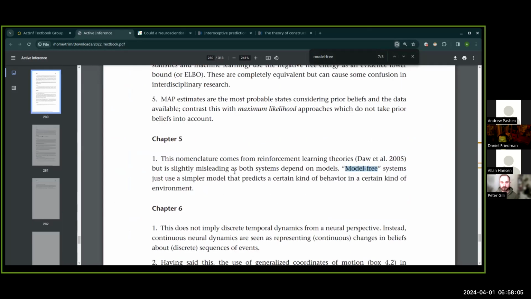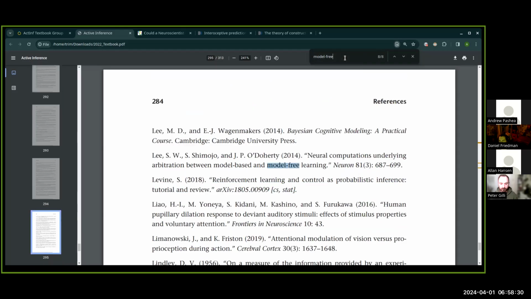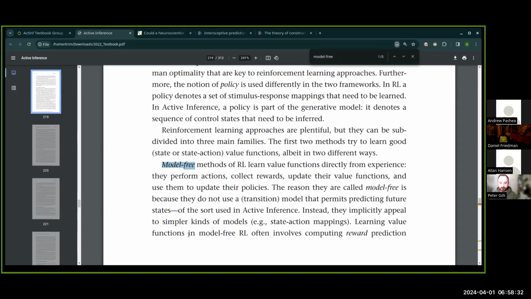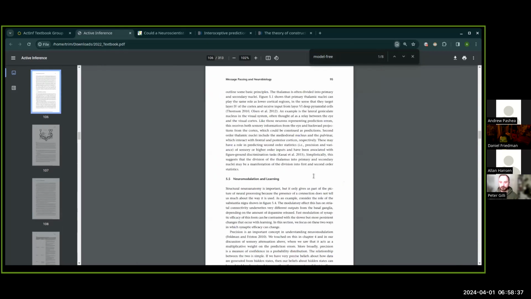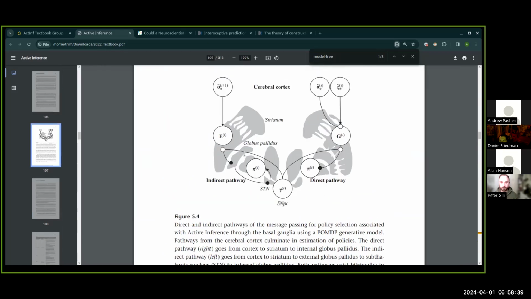This has always been where I get hung up with model-free, which just means simpler model. So when some things are called next generation this or that, it's hard to keep track because people are using those as relative terminology, but it's even used in chapter 10. I think it would make sense to have mentioned model-free in chapter 5 because it literally is mapping to this arbitration.